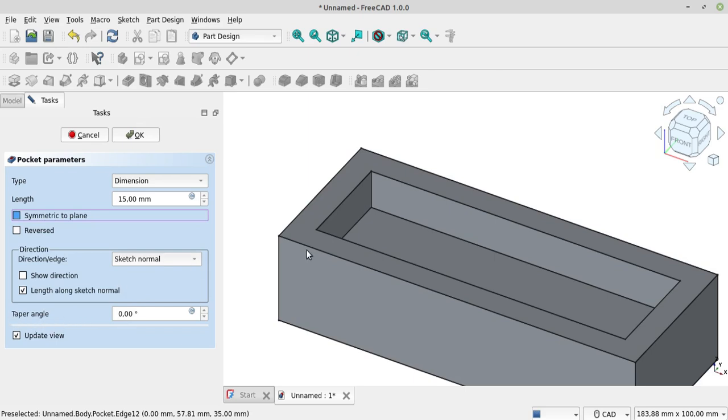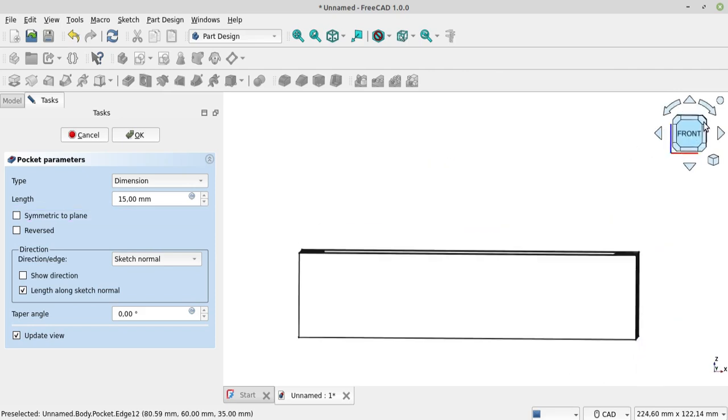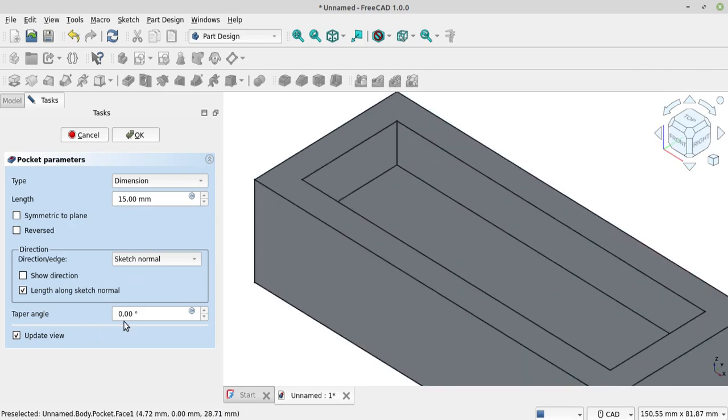You can fill in the taper angle if you need. For example, this is 0 degree. I will make it 30 degree for the example.